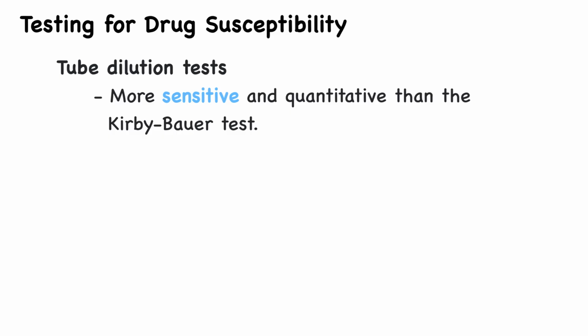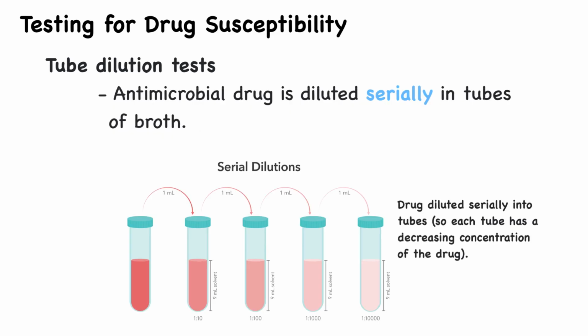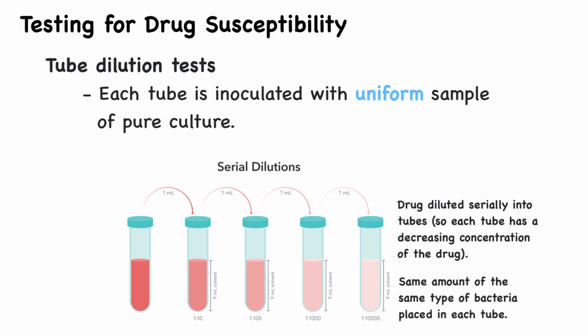There's also the tube dilution tests. These are more sensitive and quantitative than the Kirby-Bauer technique, meaning they provide precise information about how much of a drug is needed to inhibit microbial growth. In this technique, a series of test tubes is prepared containing liquid growth medium and progressively decreasing concentrations of an antimicrobial drug. Each tube is then inoculated with the same amount of the microorganism being tested and incubated to allow